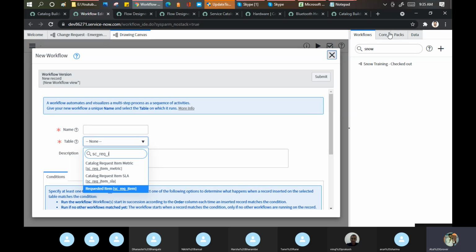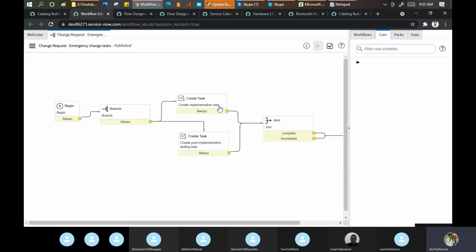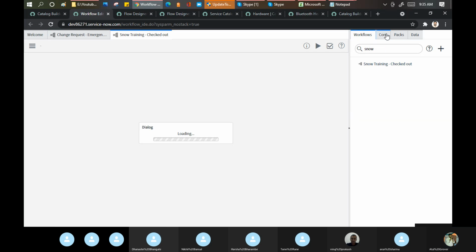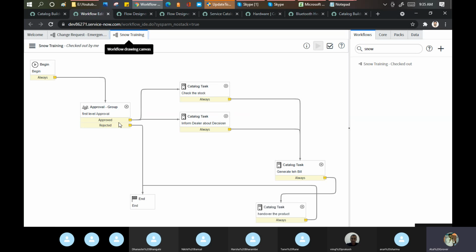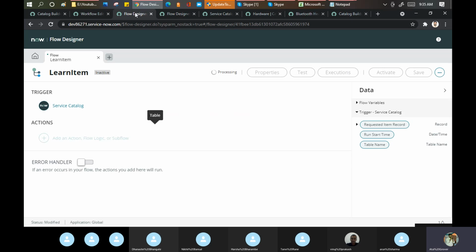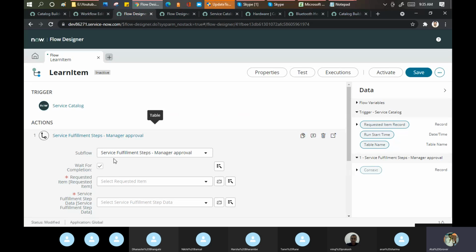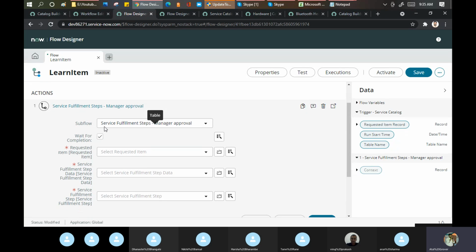If you go to the core here and we select the, let me open this, it is easy for me to drag and drop that. What we did here, we put the approval mechanism here. Like here we write everything and here ServiceNow gives me everything. There was nothing to be worried about, I will give it for you. What do you want to do? Tell me. I said it should go for the manager approval. Okay, on which requested item do you want to run this? A very good point which ServiceNow gives me here.